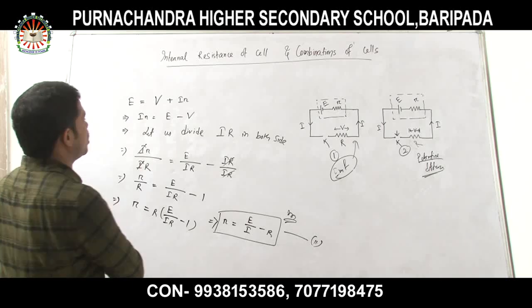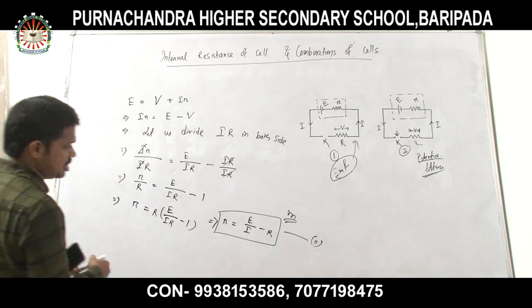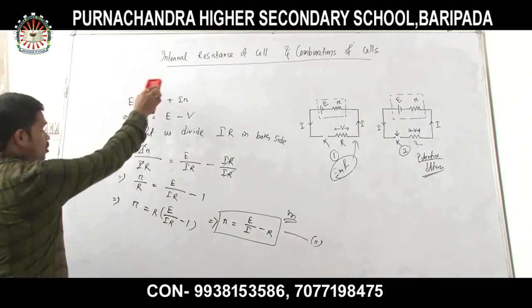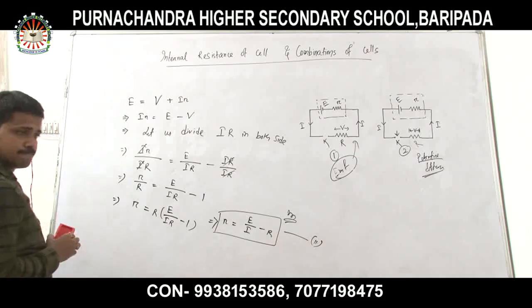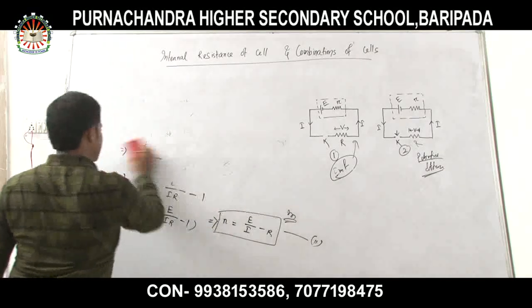Clear? Okay. So in this way we can easily find out the relation of R, by which we can calculate the internal resistance of the cell. Clear? So now with this,